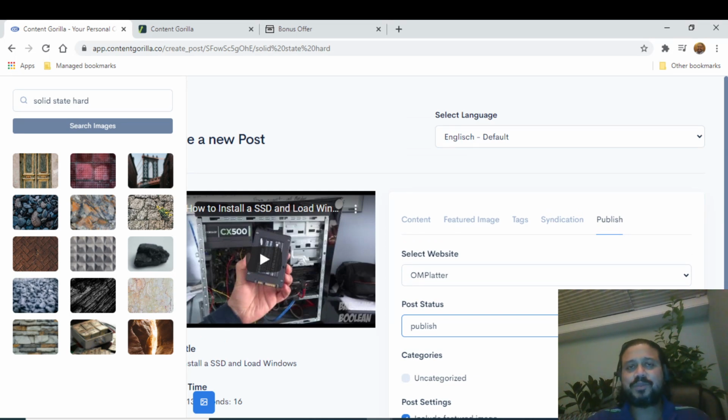You have multiple posts happening in multiple websites or social media, everything at the click of a button, along with images, along with your affiliate links, along with your product review if you want, or even your photos, featured photos. Everything should be done within seconds. That is the simplicity, and that is the power of this particular Content Gorilla 2.0. Right, guys? So that is basically how it works.